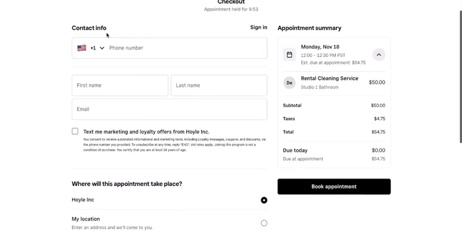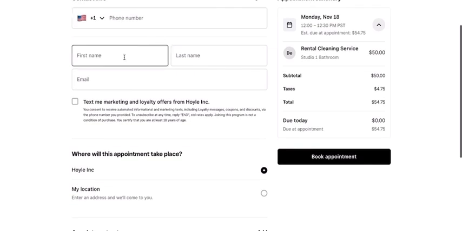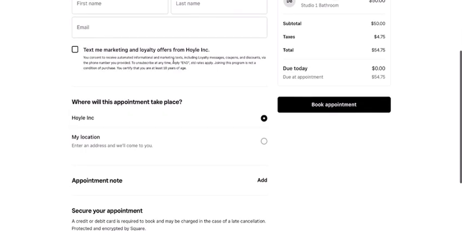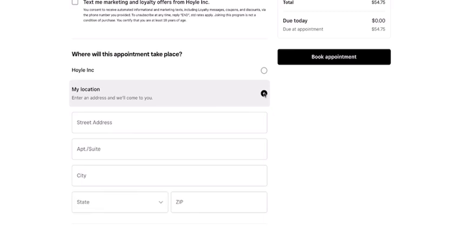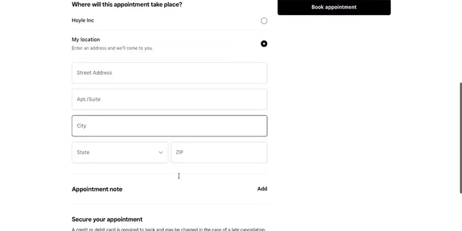It's going to ask you for your phone number, your first name and your last name, your email, and then it's going to ask you if you want to sign up for text messages. And then you could just click yes, and then it's going to ask you where the appointment is going to take place. You're going to select code,